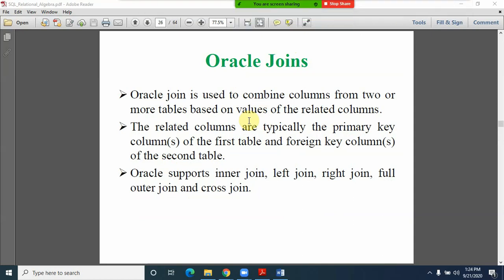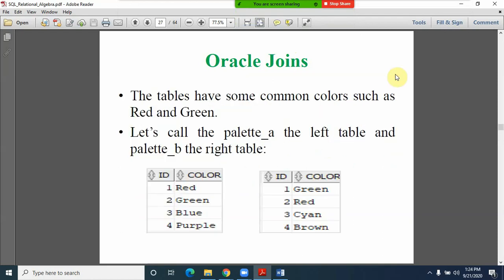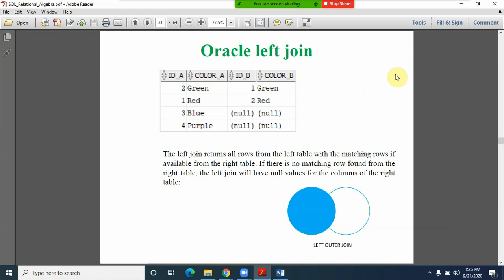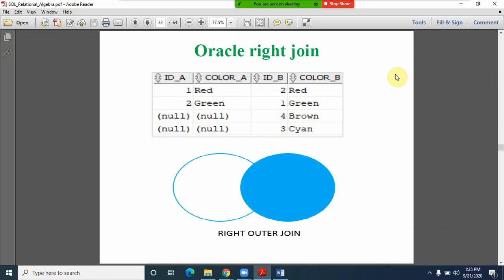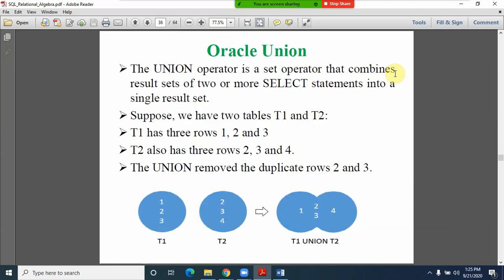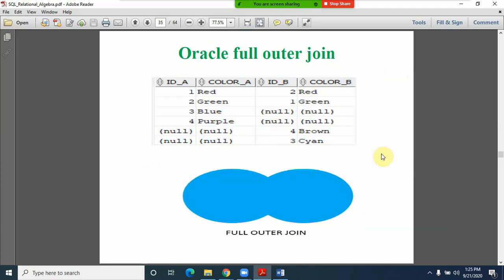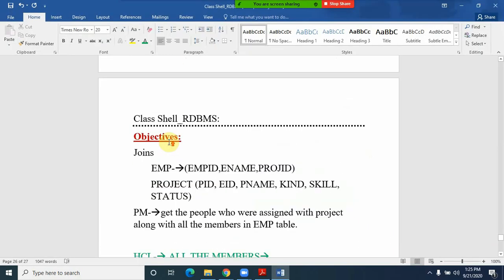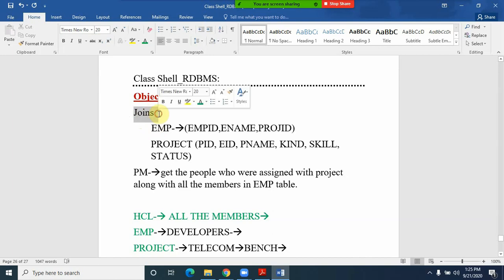The companies, while working with various kinds of projects and employees, may have certain kinds of demands, as we have seen in the class. Based on those demands, one can identify the usage of the inner join, left outer, right outer or full outer join. Based on the condition, you can identify the appropriate kind of join. Any doubts, friends, with these joins? We have done the concept of joins, and we have taken some examples.